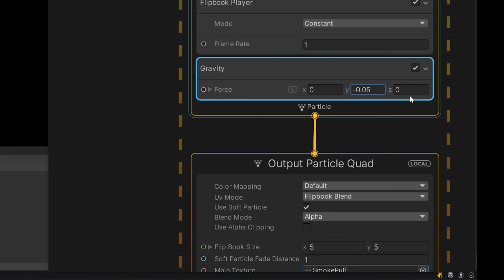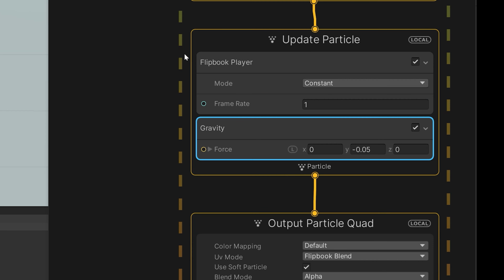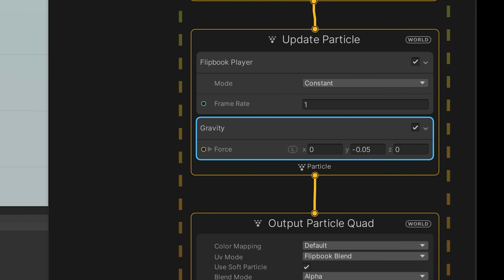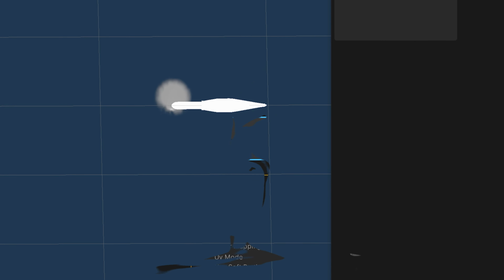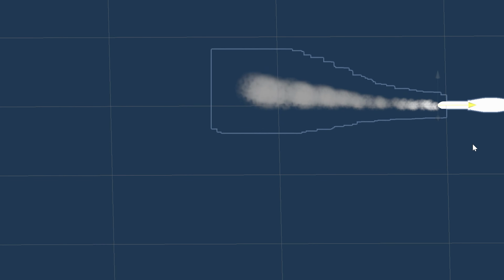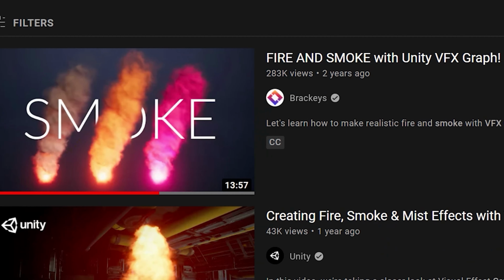Yes, I too can see it's negative, but it should be positive, and future me will come back to fix this problem. The last thing we'll need to do is set the update context to render in world space instead of local space so that it actually is affected by movement. And now we can attach it to some kind of object, and when we move it around, we have a nice looking smoke trail. Oh, and if you haven't figured out why this is a failed tutorial yet,